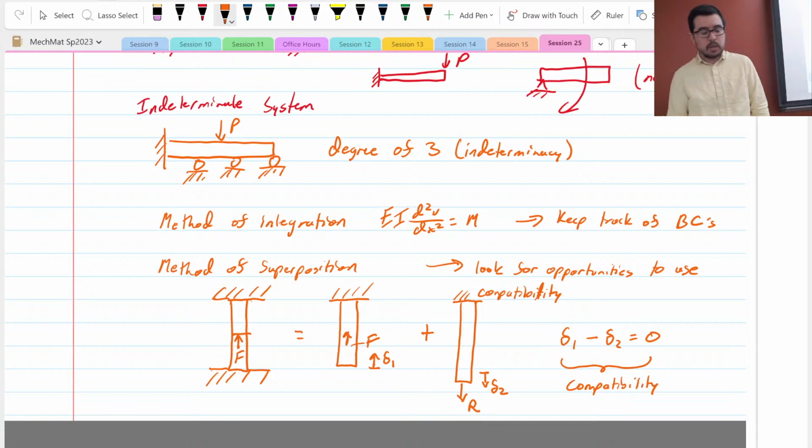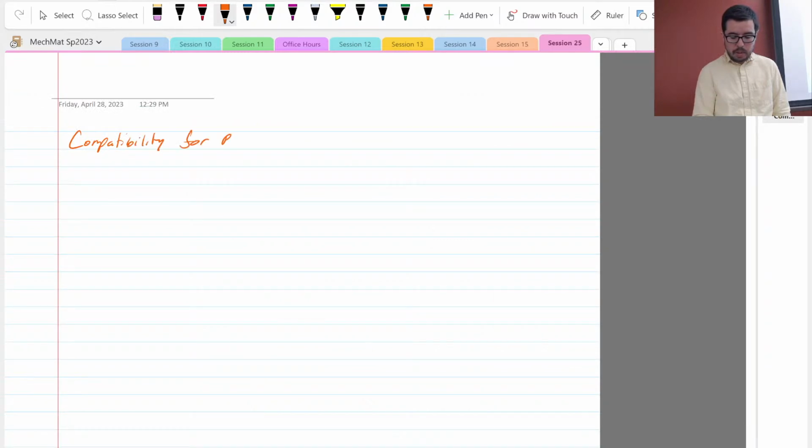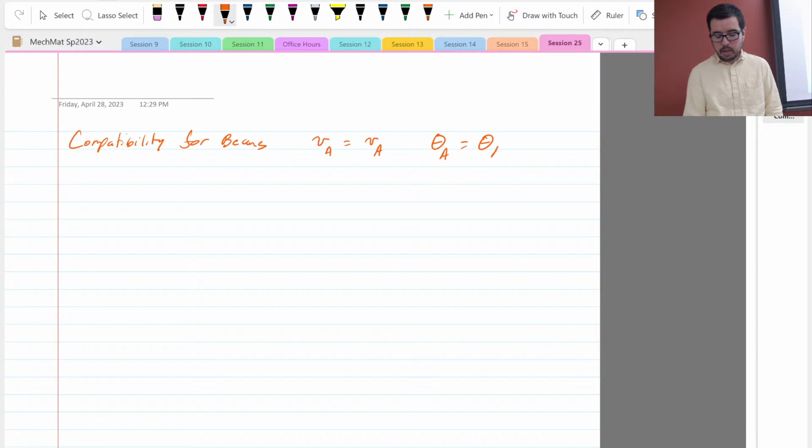So with beams, we can go beyond. We can say, oh yeah, we can have like V at A equal to V at A, right? But we can also have things like the angle at A is equal to the angle at A, right? Or